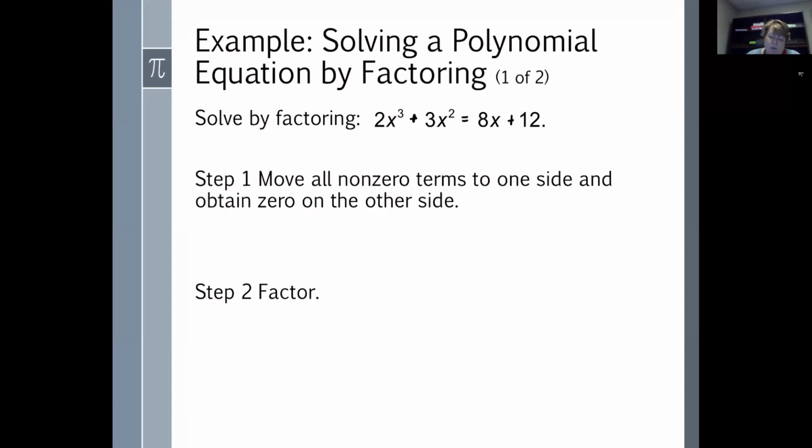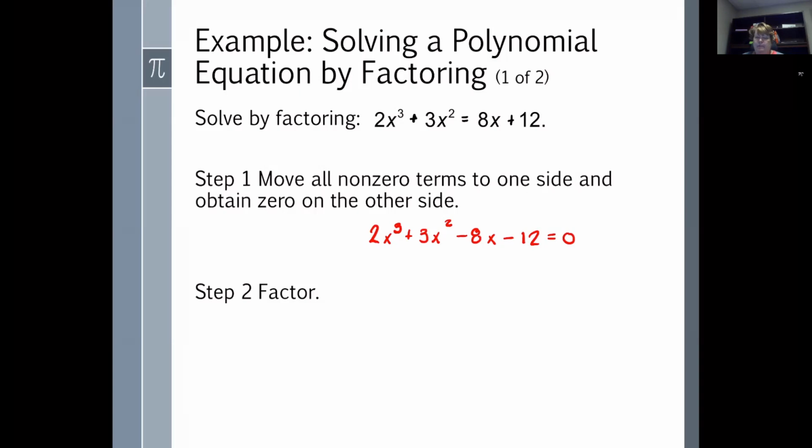So what I'll get when I do that is 2x to the third plus 3x squared. I've moved the positive 8x to the left-hand side, so it becomes minus 8x. I move the positive 12 to the left-hand side, so it becomes minus 12. Right, so now I have this polynomial equation in general form. Now I need to factor it. The only method we have at this moment to factor a third-degree polynomial equation with 4 terms is to